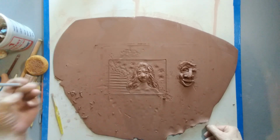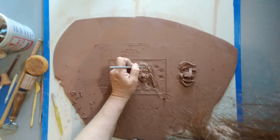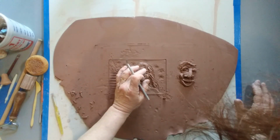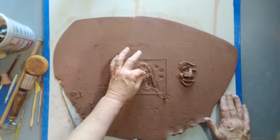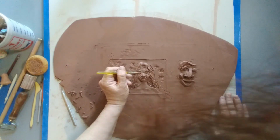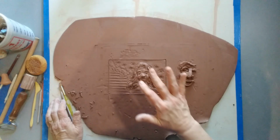But the clay is a different thicknesses, so where it's thicker it's going to stay damp longer, and that's what makes it warp. So to keep it from warping, just move it around. And the trick is not to keep messing with it. So just look at the planes of the